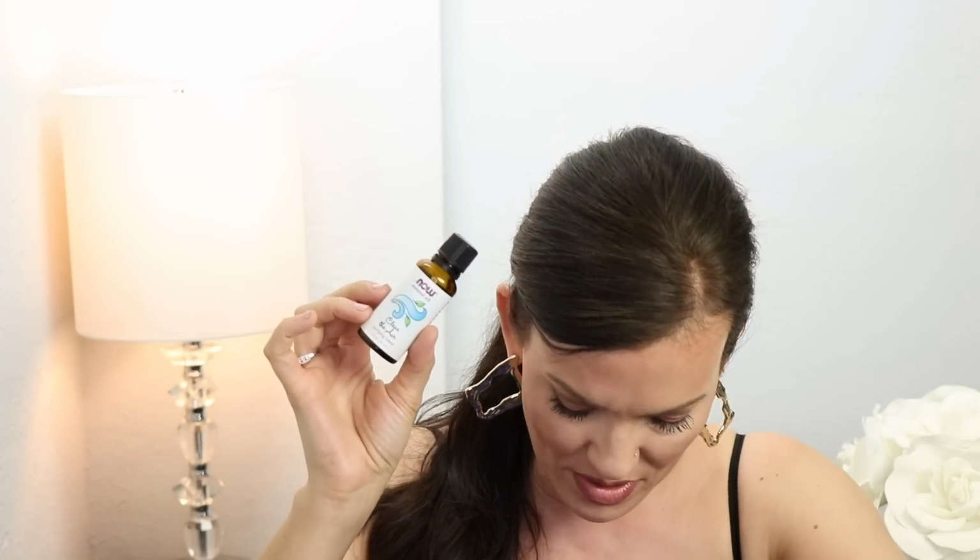I used up another one of my essential oils. This is always in my empties. I probably have more of them in here, but this is by Now Essential Oils. I will link this down below. I use one of those misters. So instead of using Glade plugins or candles that have all of the harmful chemicals, I use natural 100% essential oils, and I put them in those misters, and I have one that's big enough. It's like this big, but it will mist for almost 2 days straight, so you're not constantly refilling it with